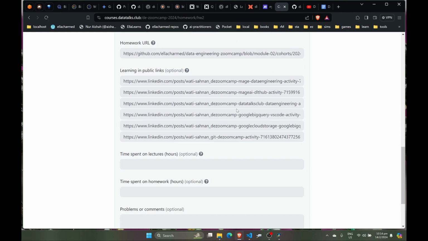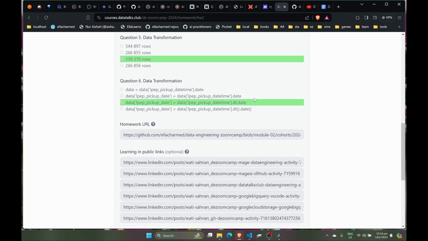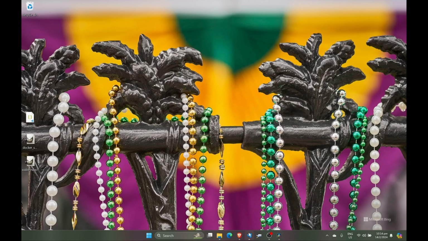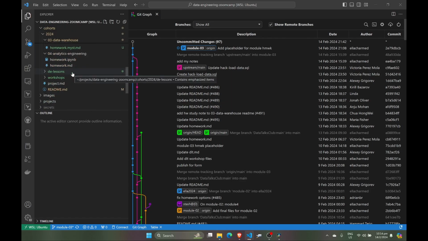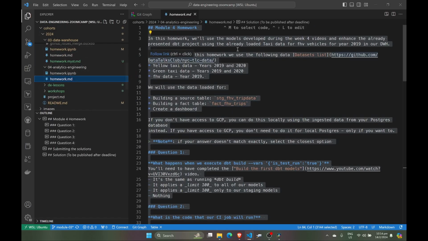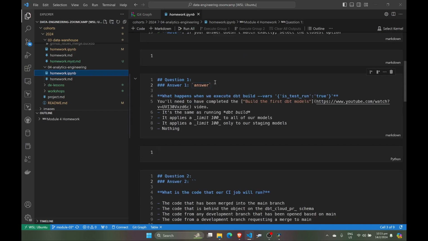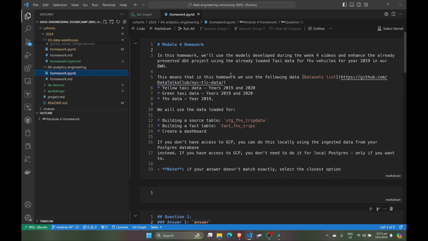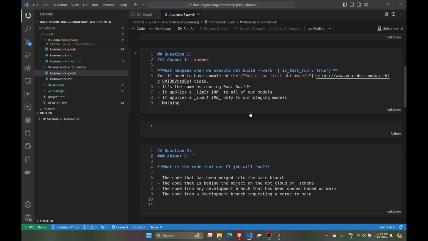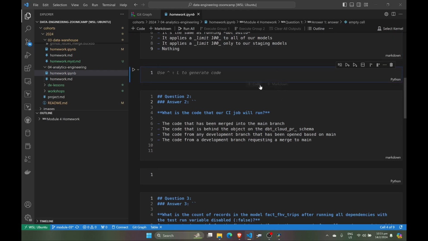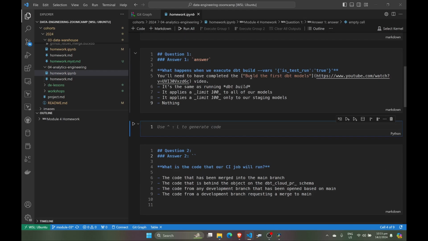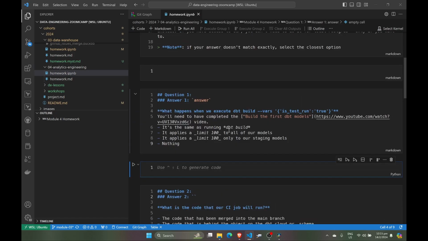in the homework form. So first, when I prepare to do homework, I just create the contents of the homework MD inside a blank new Jupyter notebook. I copy paste it into a markdown file, and then I split each question into its own cell, and I put a Python cell in between. So in this manner, when I work through the questions,